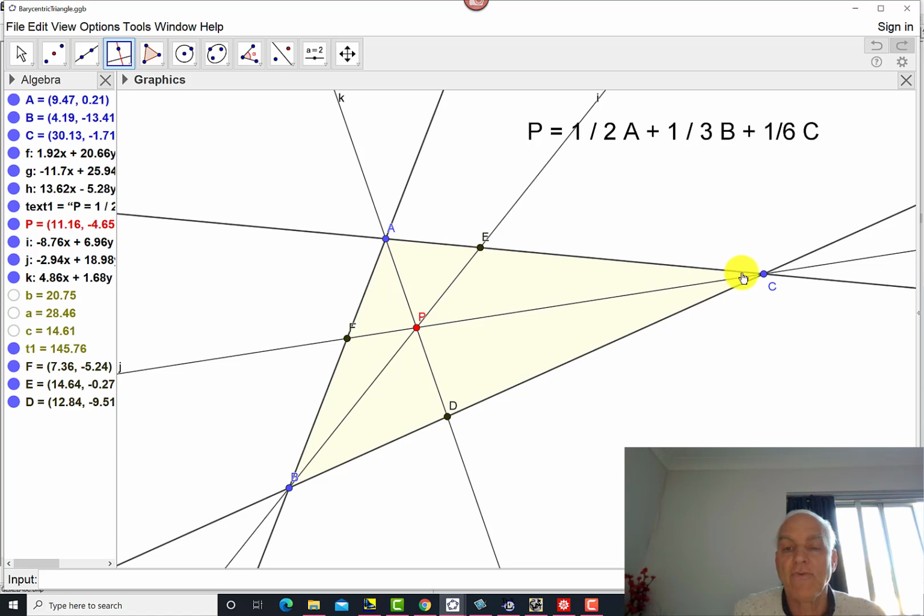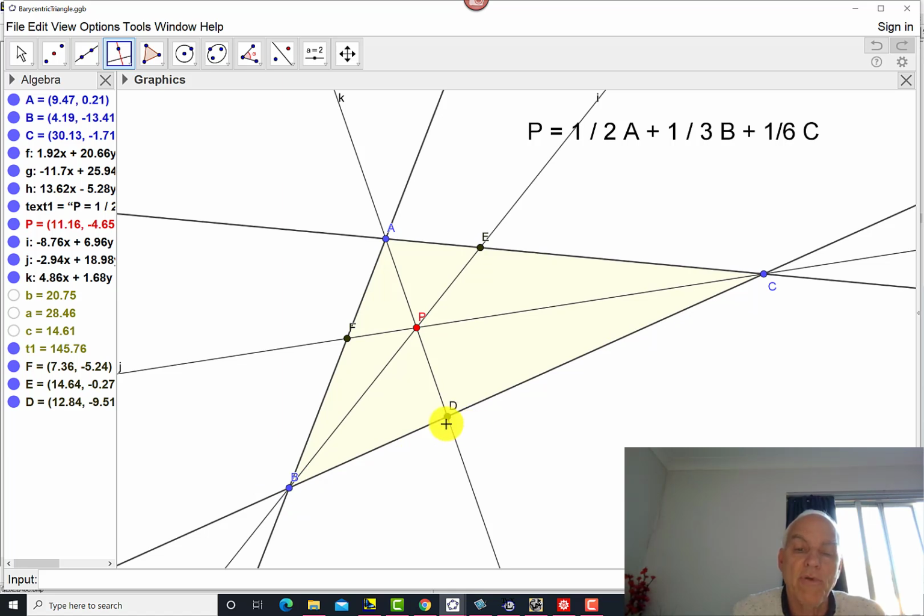Because the various ratios of the sides formed here have an important relation that was discovered by Ceva in the, I think, 1700s. Maybe it was even 1600s. And it's all contained in this equation. So let's have a look, for example, at this side here, B, D, and C. According to the weighting I was telling you before, this is a kind of balanced situation where we have a weight of 1 here and a weight of 2 here. So if we just restrict our attention to this line here, imagine having a mass of 1 at C and a mass of 2 at B, then this is going to be the point of balance.